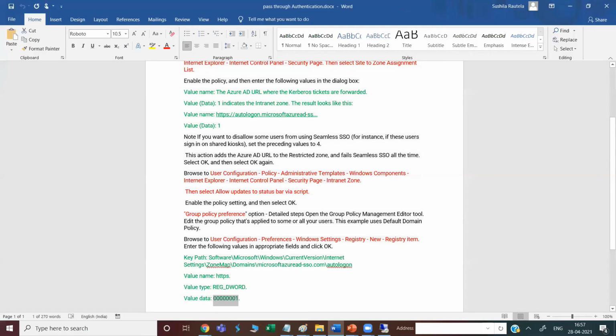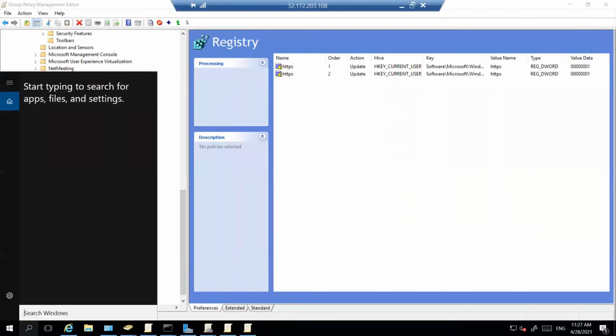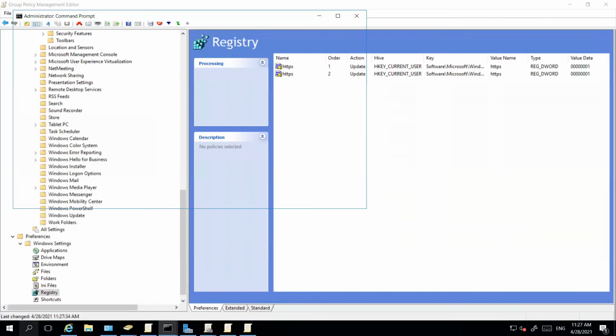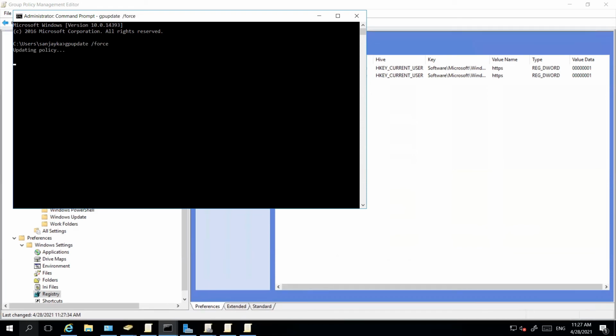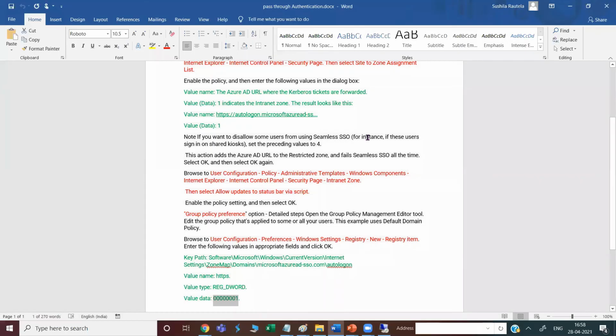Now what I will do, settings are done. Just come here, go to CMD and run gpupdate /force. Minimize this one.